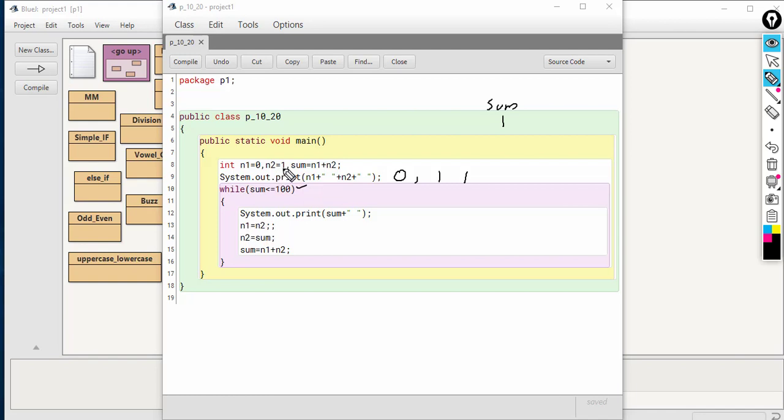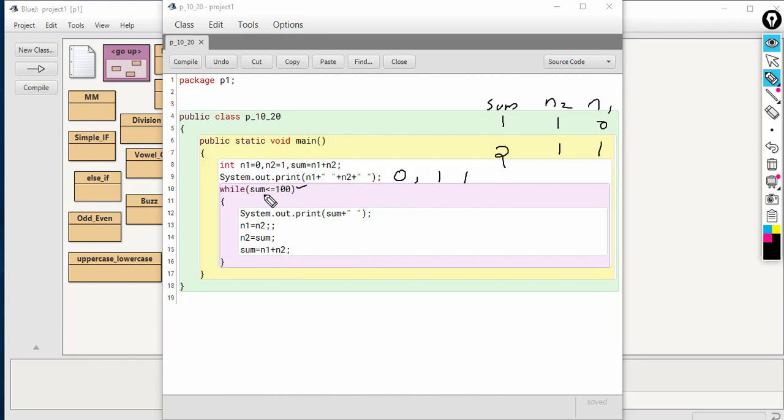The value of n2 now is 1 and the value of n1 is 0, so this value will be copied in the variable n1. Then the value of sum will be copied to n2. The value of sum is 1, so that 1 is in n2 now. Then sum we find by adding the current values of n1 and n2, which will be 2, as you can see. Then statements over.